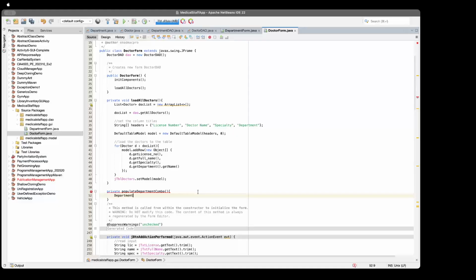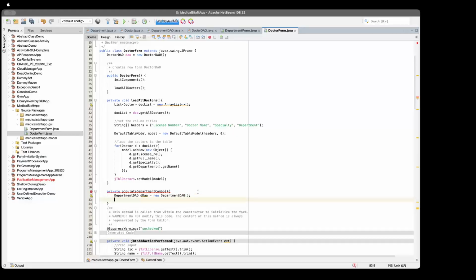So department down, we'll call it d down, equal a new department down. We will call get all departments. So d down dot get all departments, and simply